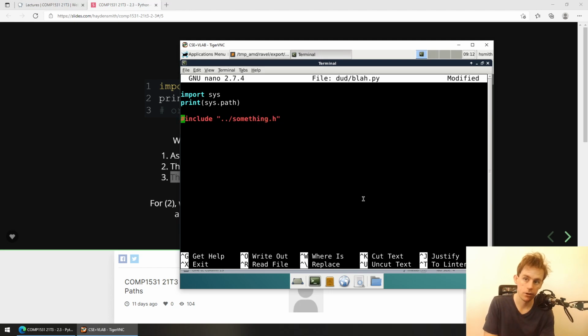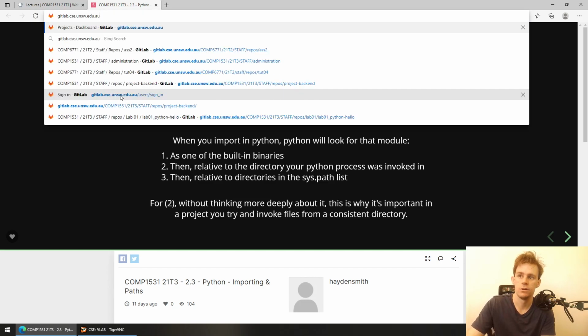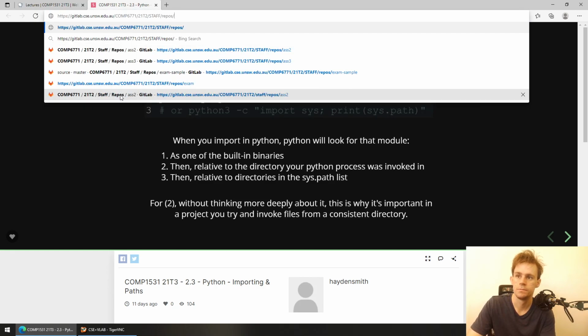In Python, we don't really follow that philosophy as much. We follow the philosophy that in a given project, all of the imports are meant to be done relative to one location. And you actually see that in the project too. So if I go and have a look at the project,